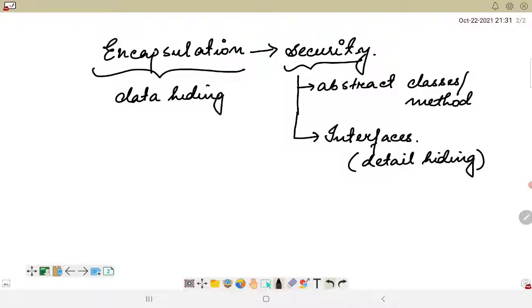Data here again means variables. If we have to formally describe encapsulation, we can say that it is a mechanism of wrapping the data and variables and the code acting on the data, which is methods, together in a single unit.